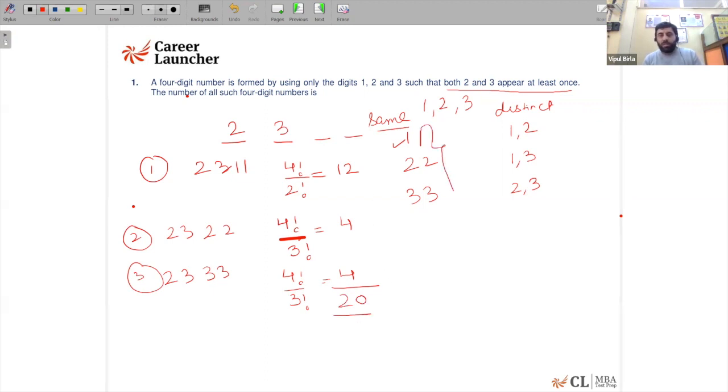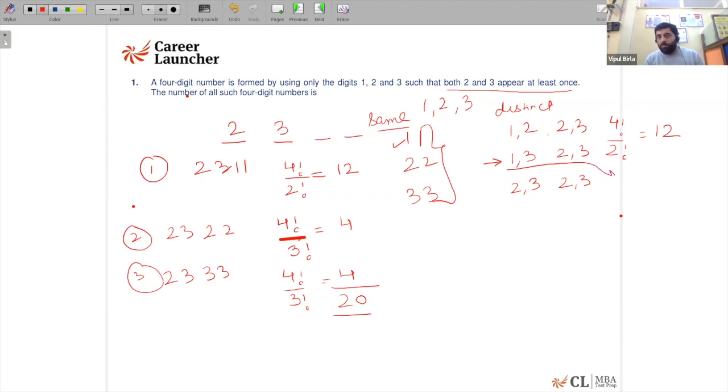So we have taken all these 3. Now, if the remaining 2 are distinct, one case is 1, 2, along with 2 and 3, because they have to be there. With 1, 3, we again have 2 and 3, and with 2, 3 again we have 2 and 3. For the first case, 1, 2, 2, 3, out of 4, 2 are the same. So it is the same as the first, 4 factorial upon 2 factorial, which again equals 12. When I talk about the case 1, 3, 2, 3, again out of 4, 2 are the same.